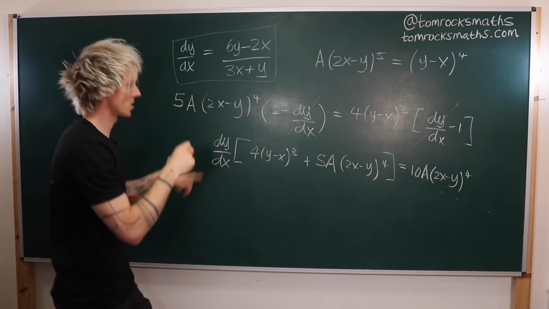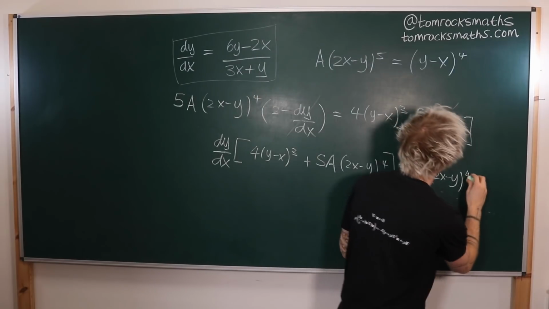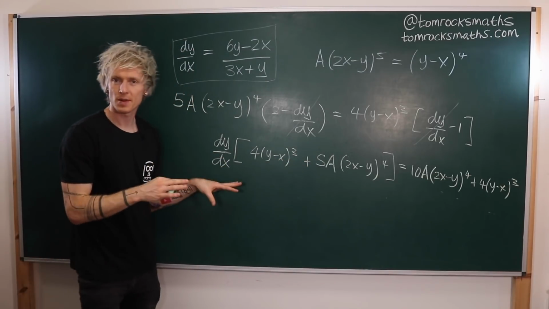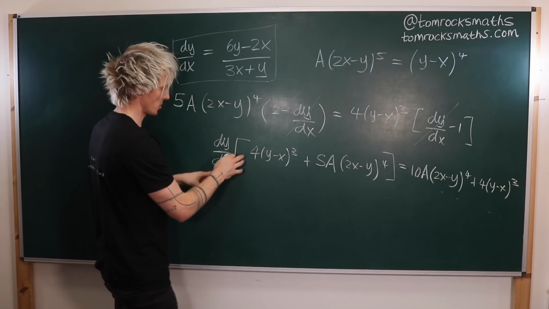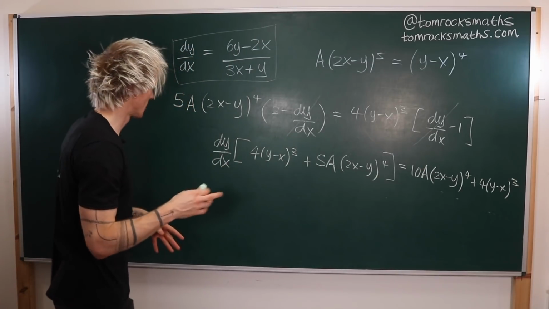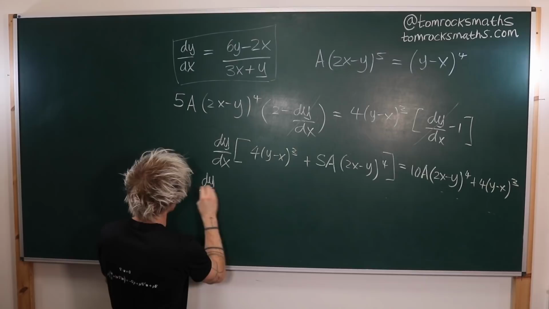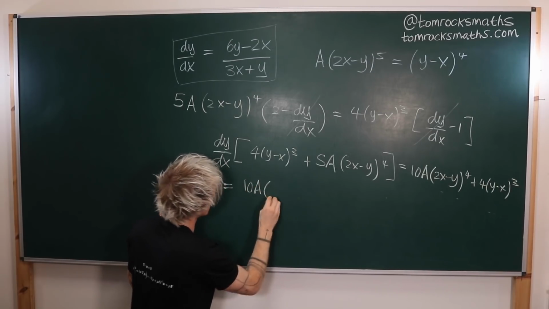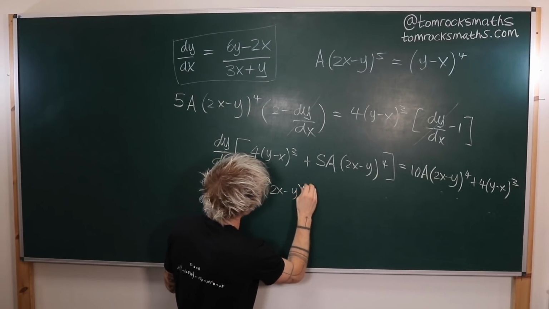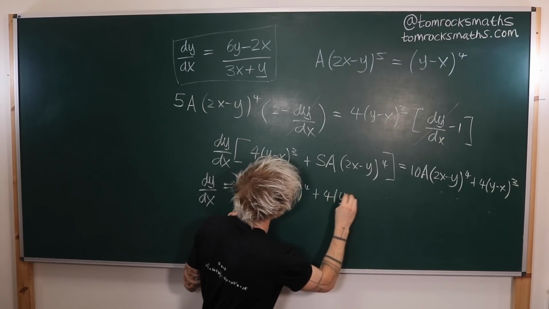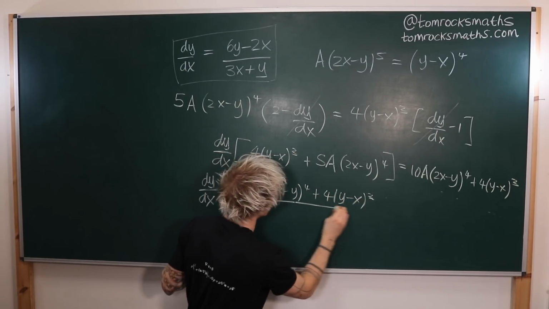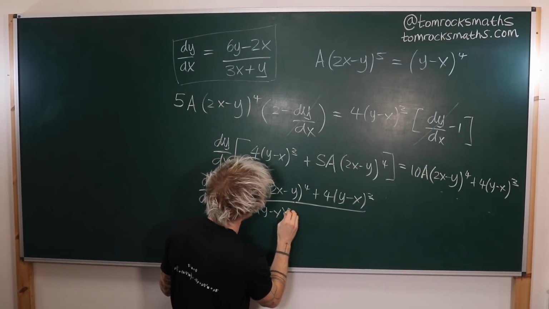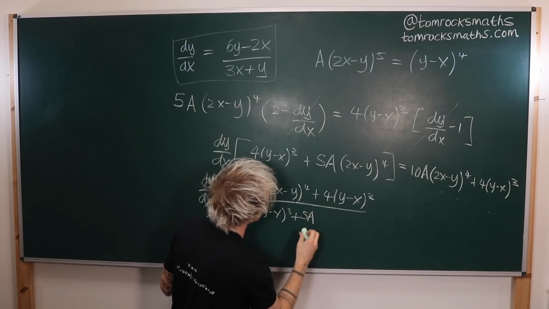And then this one has come across, so this was a minus, so it's now a plus 4y minus x cubed. So this is now an expression with the dy by dx factored out. And then, of course, we're going to divide by the square bracket on both sides to get dy by dx is equal to 10a times (2x minus y) to the 4 plus 4(y minus x) cubed, all divided by the square bracket, which is 4 times (y minus x) cubed plus 5a (2x minus y)